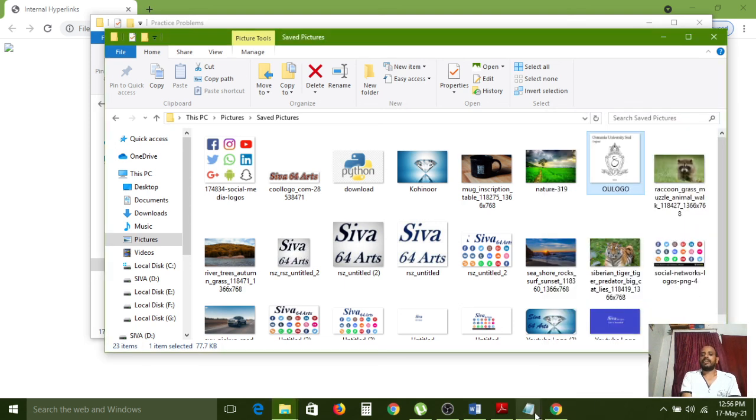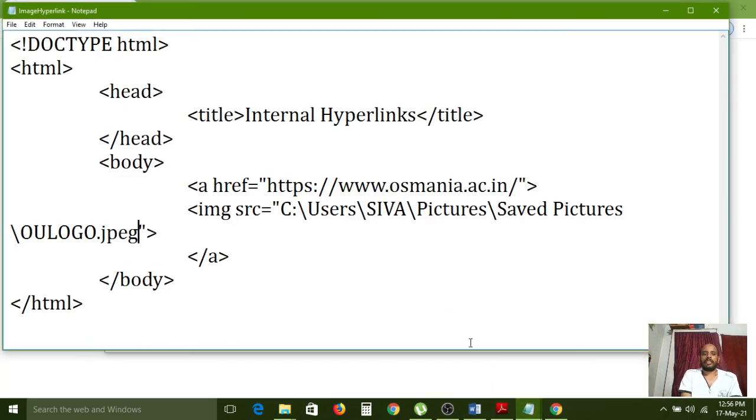So that's why it has an interruption. Now I am removing this one, and the height and width are also the same: height equal to 200, width equal to 200. Okay, so now I am saving again.